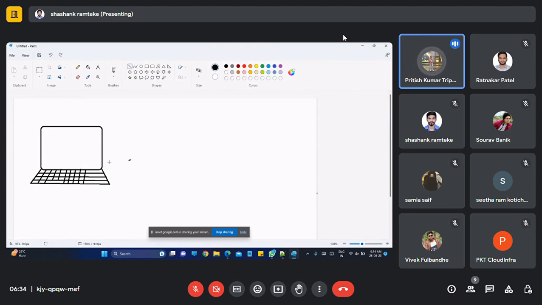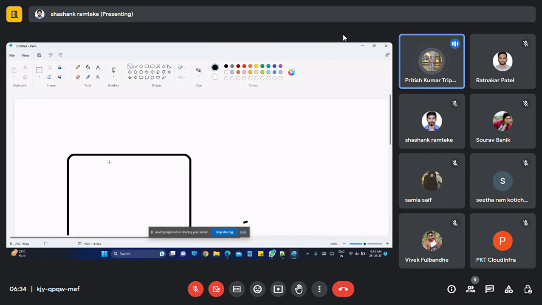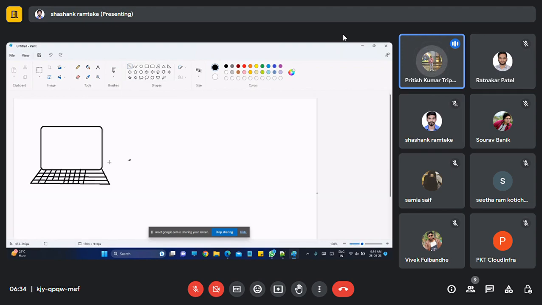Now, can anyone say what is the requirement of JSON? Anything. Even if it is wrong, it doesn't matter, but you need to speak. Saurabh, what is the necessity of having this JSON?